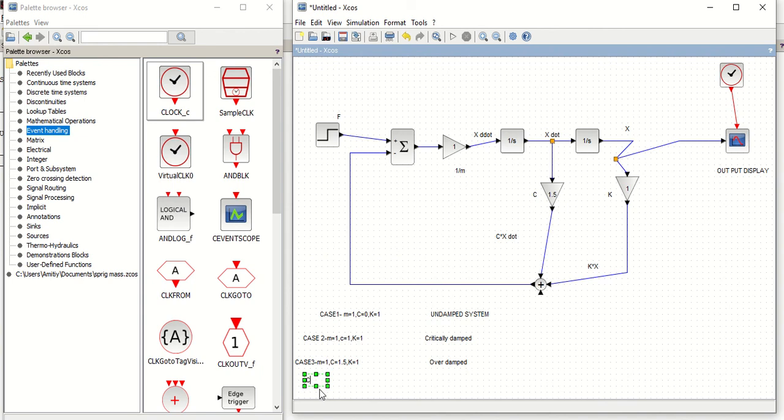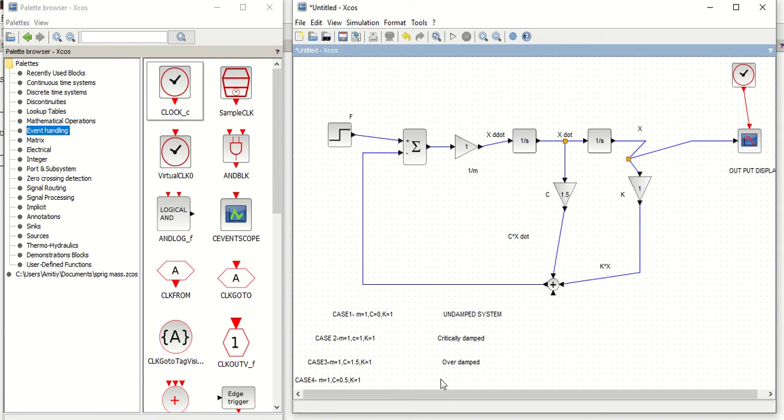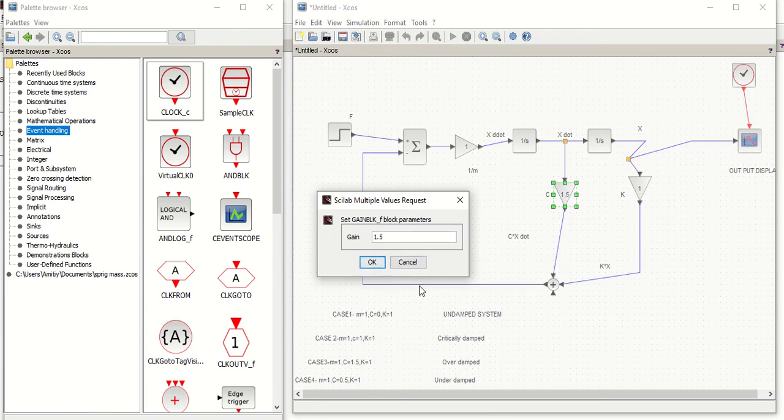Now in case 4, when the mass value is the same, the value of C I have taken as less than 1, 0.5 I am taking, stiffness I am taking the same. When the value of C is less than 1, in that case it is called an underdamped system. How is it going to behave?